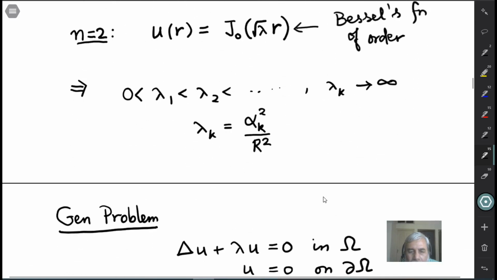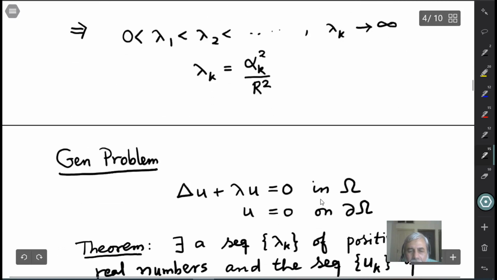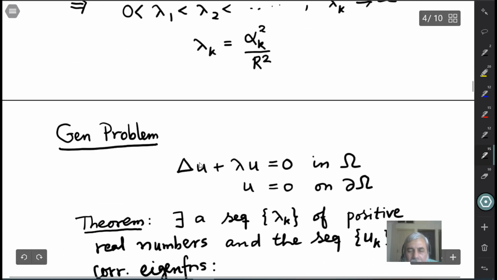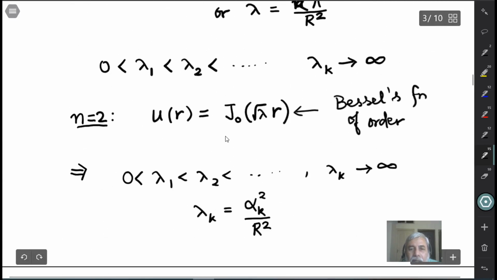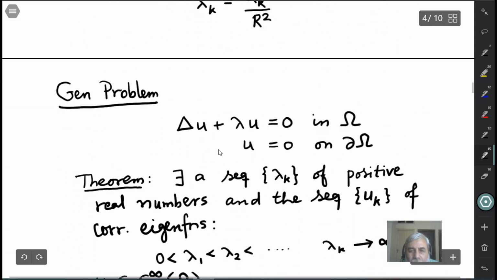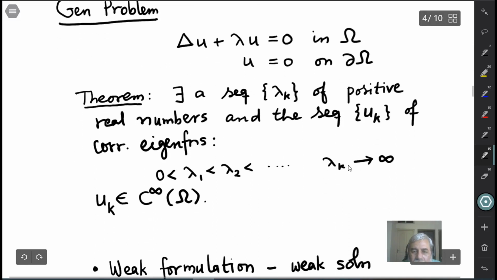Okay, so now come back to the general problem again. After seeing these two examples, let's now consider the general problem. So again, a bounded smooth domain with Dirichlet boundary condition. Okay, so let me just state the theorem. Of course, the theorem is not very precise, I'm just concentrating on the existence of these